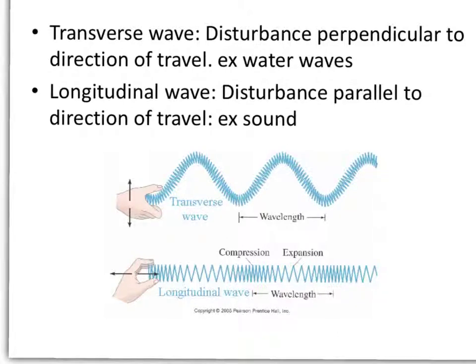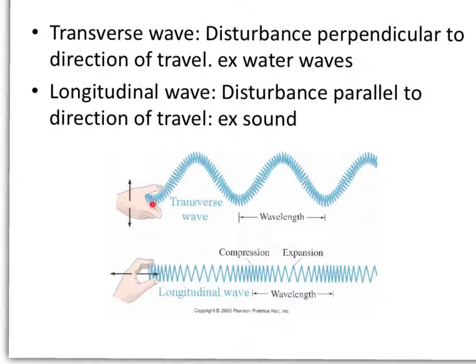So we've said that a wave is a disturbance or a vibration that either moves through space or through some kind of material medium. It can do this in one of two ways. There is, first of all, a transverse wave, where the disturbance is perpendicular to the direction of travel. Water waves are an example of this, or waves passing through a rope, or right here in this diagram,